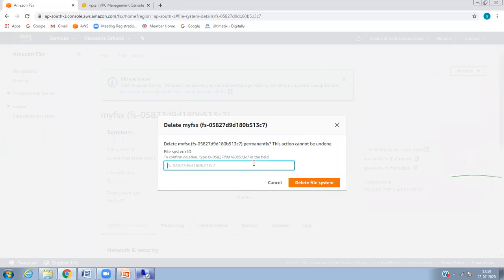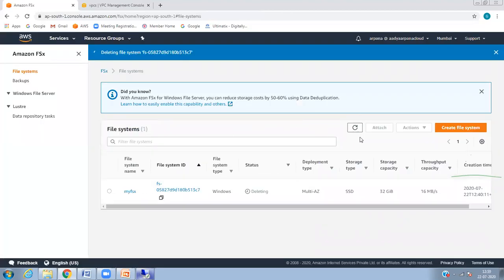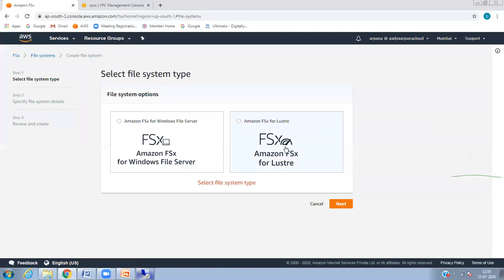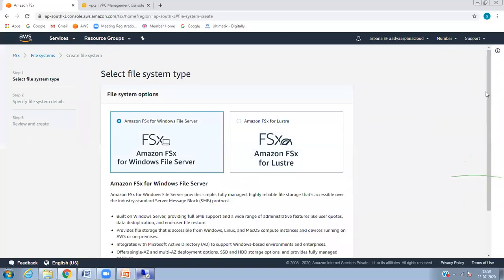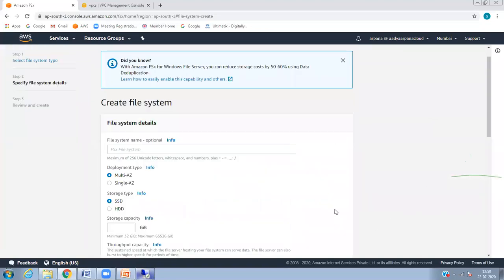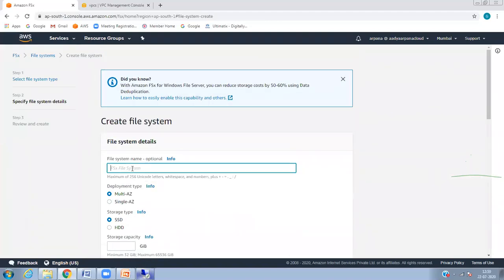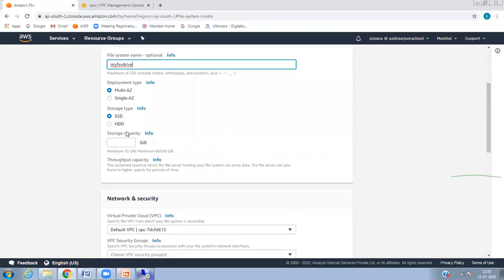It will not take that much time. No problem. Or 100 GB?